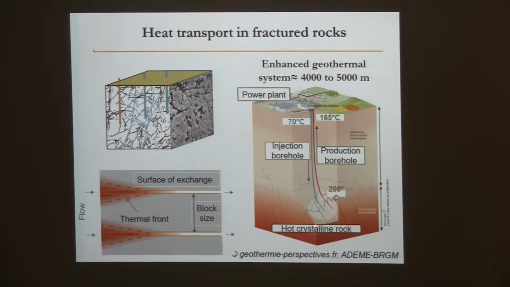Then, if the permeability is sufficient, we may have an injection borehole and a production borehole